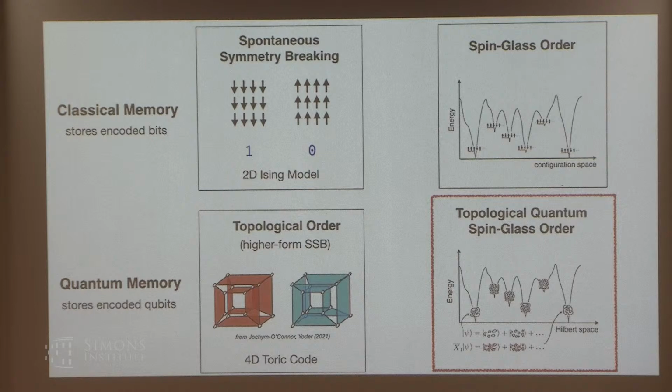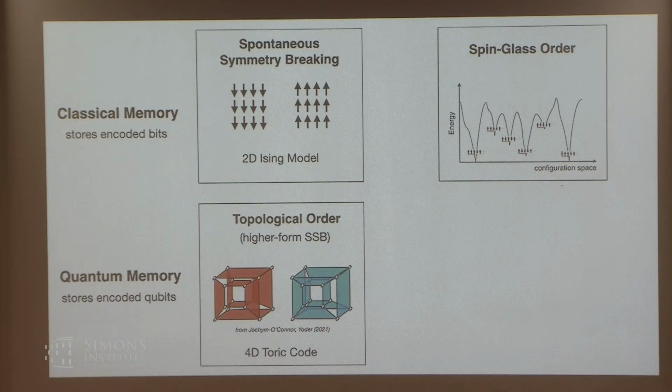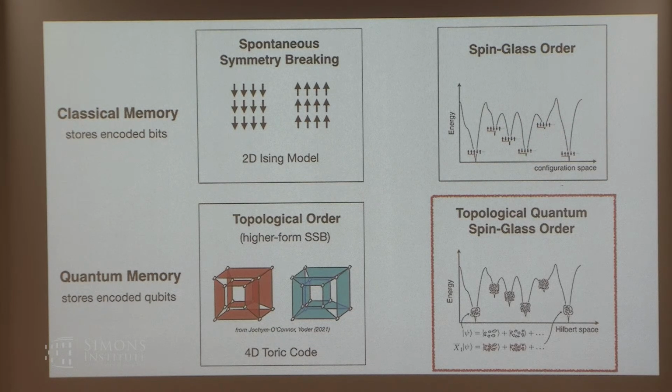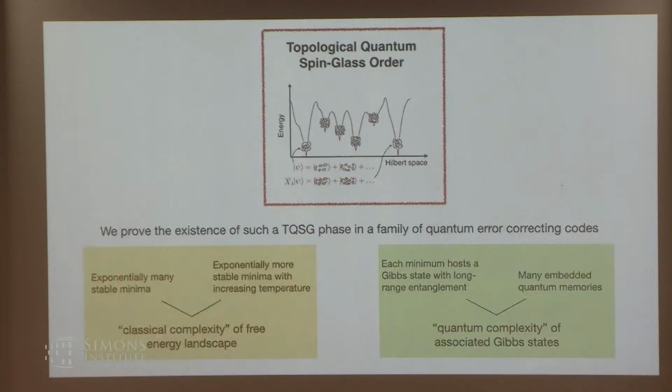In order to encode quantum bits, I do need my states to be topological, which means they should be locally indistinguishable. They should have a large degree of quantum entanglement. So the type of phase that I'm going to be talking about is one which is going to be characterized by marrying two notions, which are the two pieces of its name.